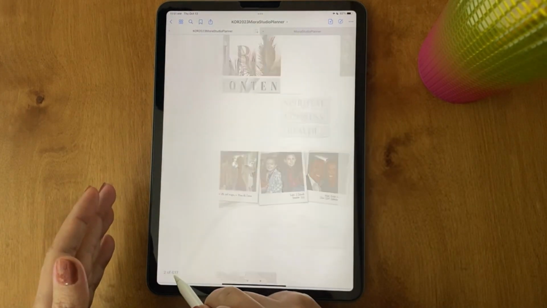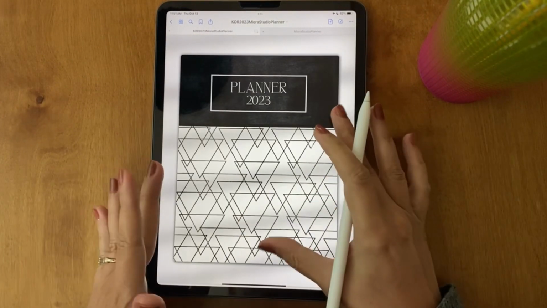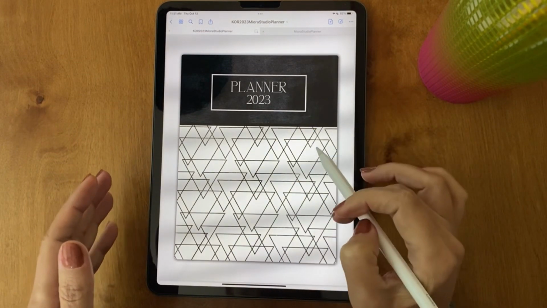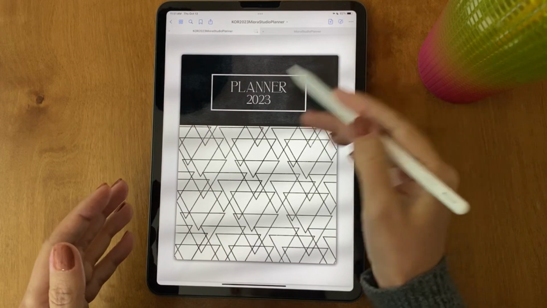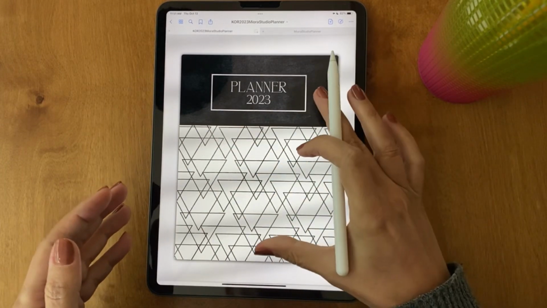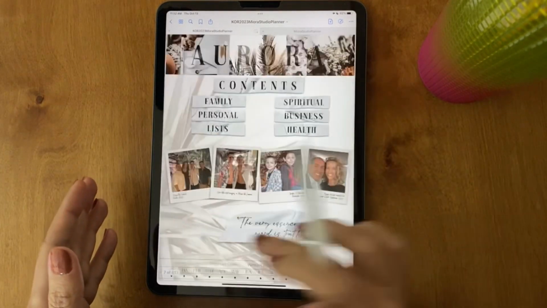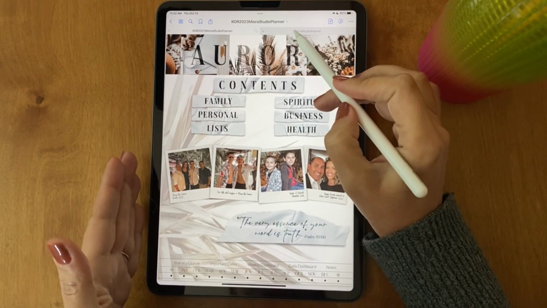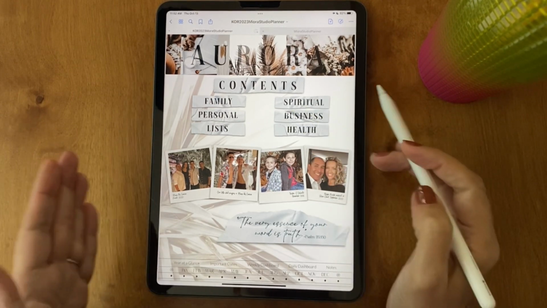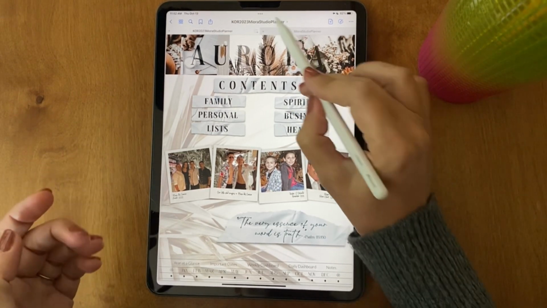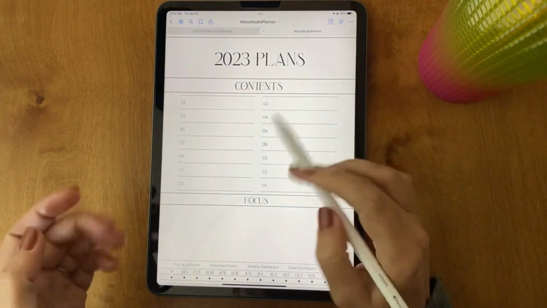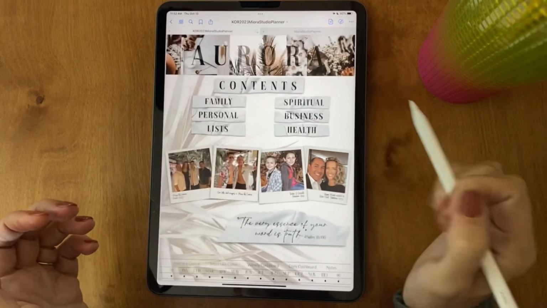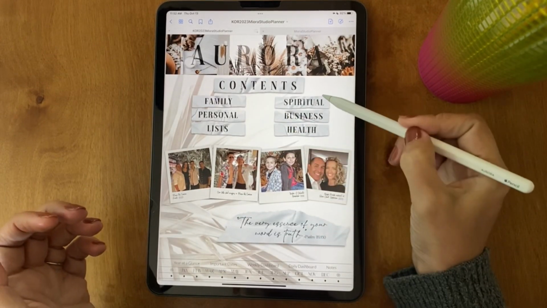Okay, so let's go back to the same front cover, and I do give a couple of covers so you can switch out if you want, or again, use any 8.5 by 11 image that you want here. So here is our home page that I have created to reflect me, my family, to make me happy when I look at it. So let me just go back to this. So it went from this to this. So much cuter, right? And I only use 6 of my